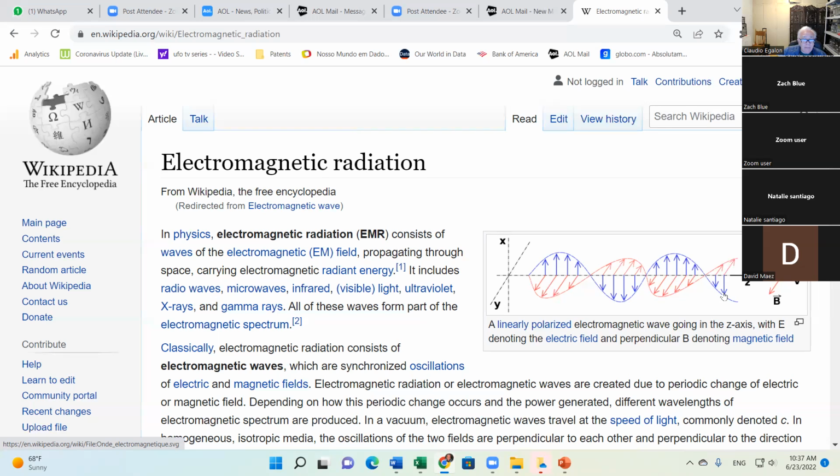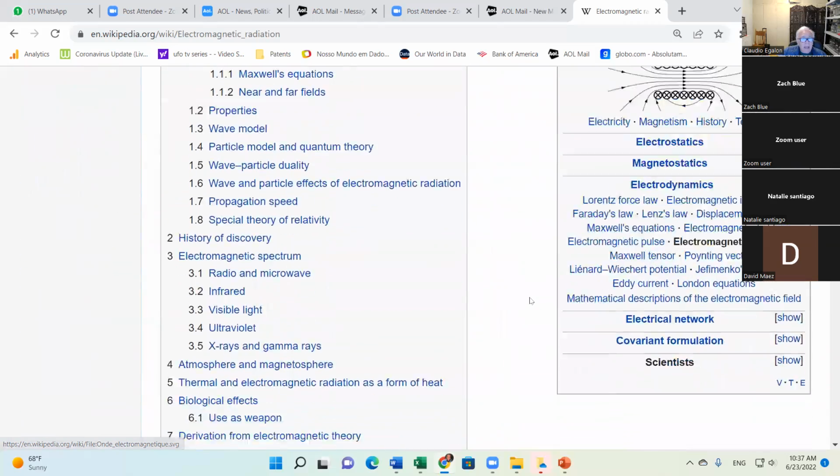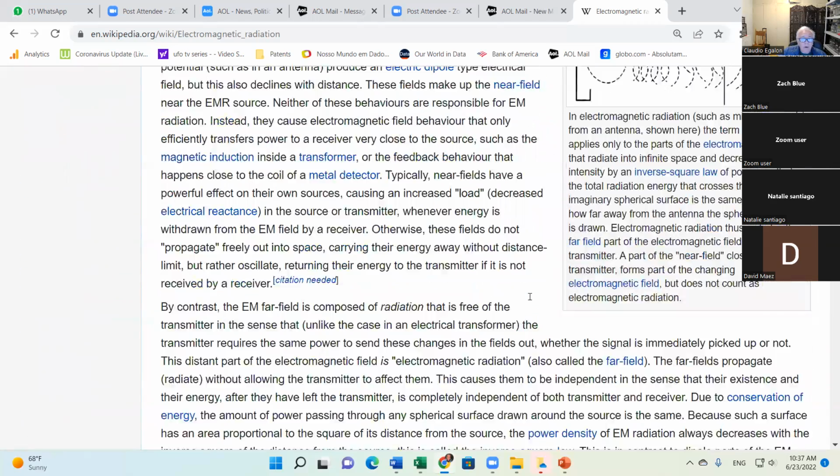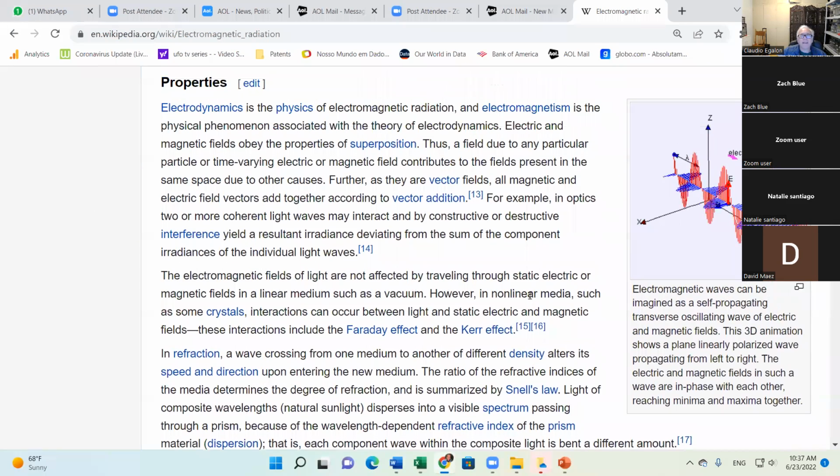That would be the electric field. The magnetic field would do the same. Remember, the magnetic field is perpendicular to the electric field, so in this case it will oscillate along the y direction, back and forth at an angle of 90 degrees. Let me see if I have a simulation here. Oh, here you go. Let me see if I cannot do better than that. Okay, electric and magnetic field.